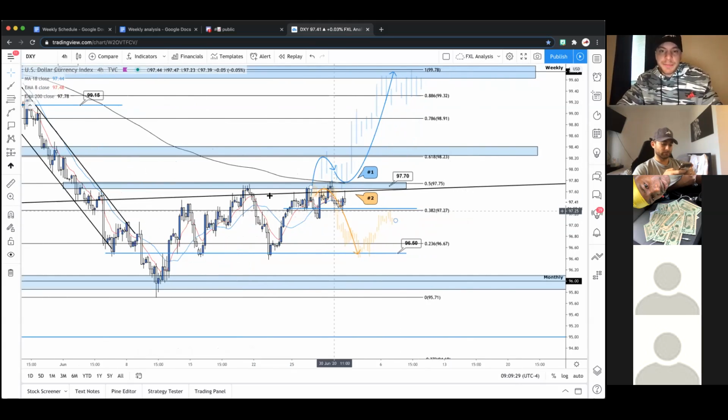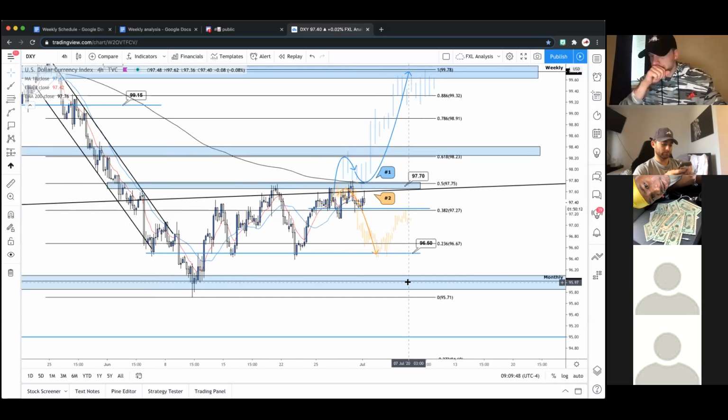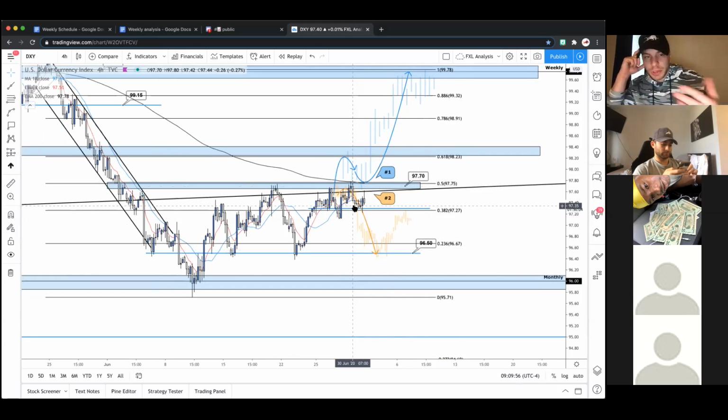For right now, it's consolidating a lot right around 97.7. We could see it fall out for another test down towards 96.5 and then potentially lower, but we'll reanalyze once price action gets that low. Because if we start seeing these levels break, like this 96.5 handle, and then we're testing the monthly again, we could be in for a pretty big bearish leg to the downside, but we have to wait for certain confirmations. So right now we're just playing inside this range, looking at it very logically. We could see what has happened so many times already: rejection from this 97.7 handle and a play short down towards 96.5. This is very, very likely to see.